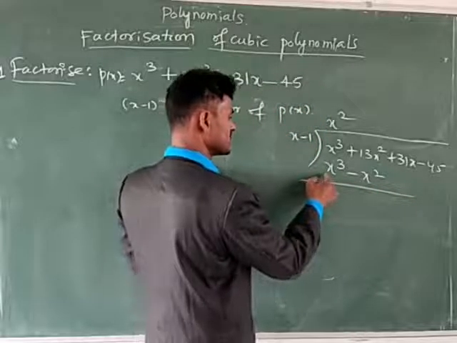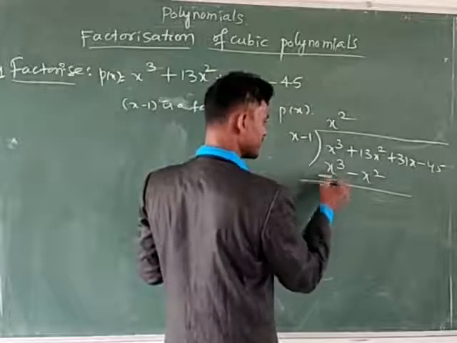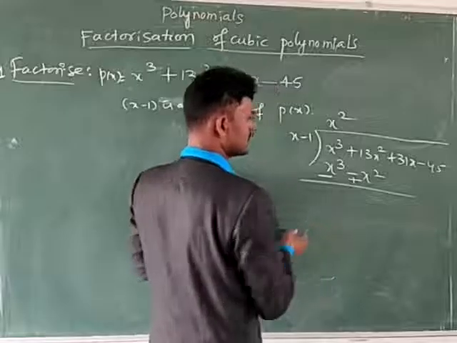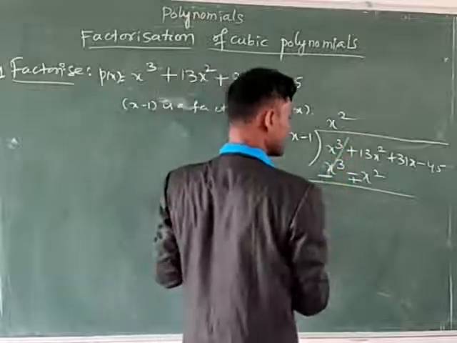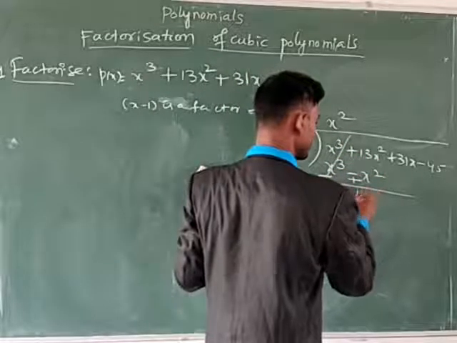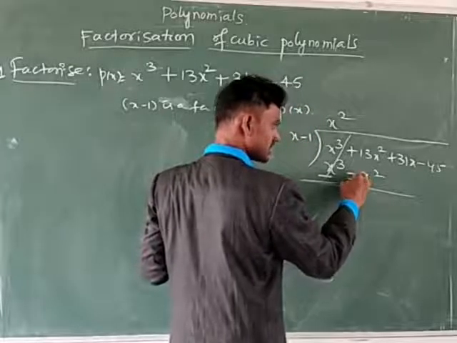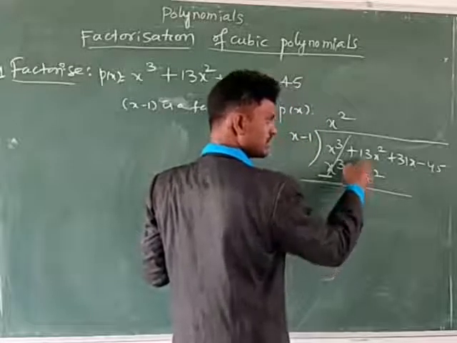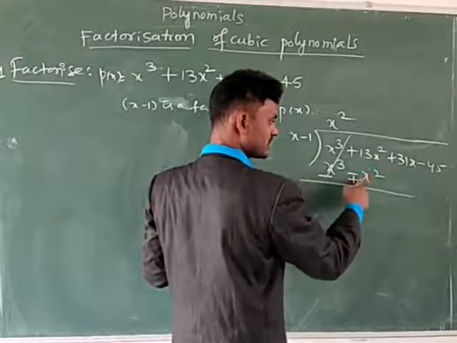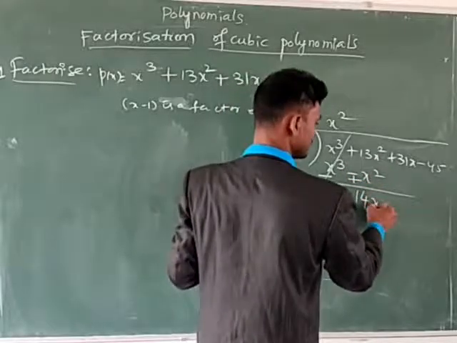Next, x square into 1 gives minus x square. Now you have to change the symbols here: plus instead of minus, minus instead of plus. Subtraction. Then these two cancel. Next, 13 minus 1, that is 13 plus 1 here. After changing the symbol, check which sign is down there. Here 13 times x square, here 1 time, total 14 times x square.